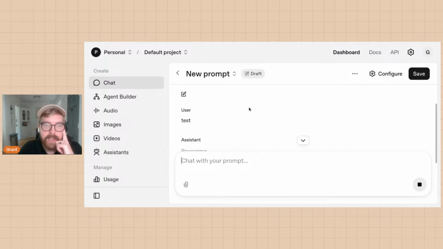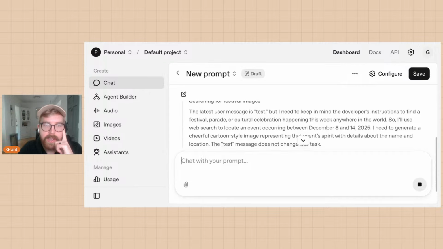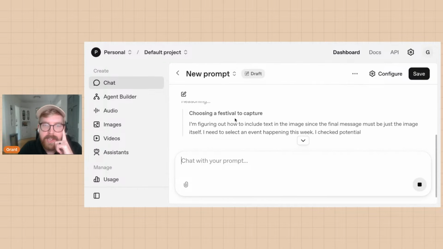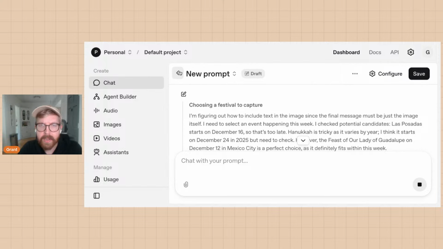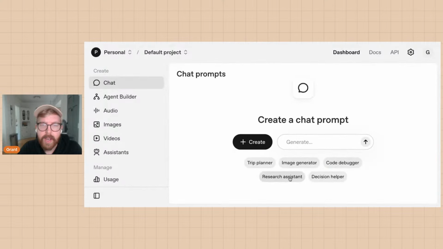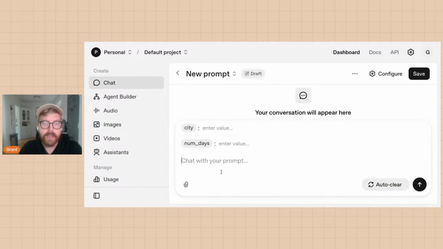Basically what I did is I selected a prompt topic, and now it is finding me festival images because the prompt was something travel related, I believe. Let's see, what was it? Oh, it was image generator or trip planner. Did I choose trip planner? Let's say, help me plan a trip